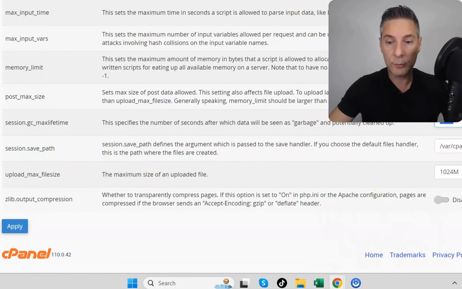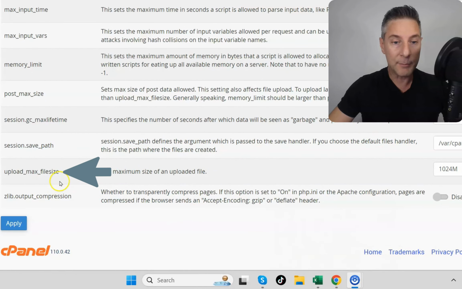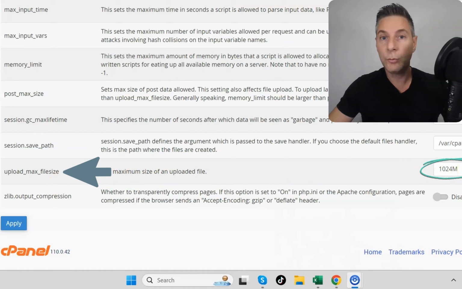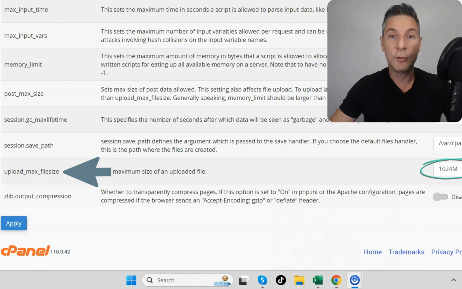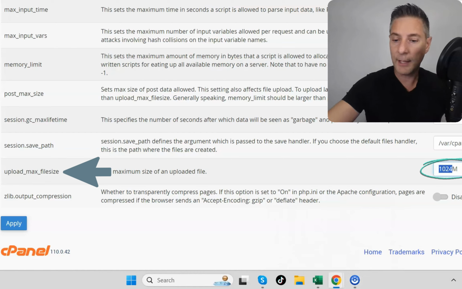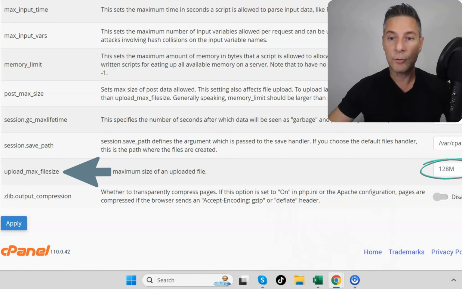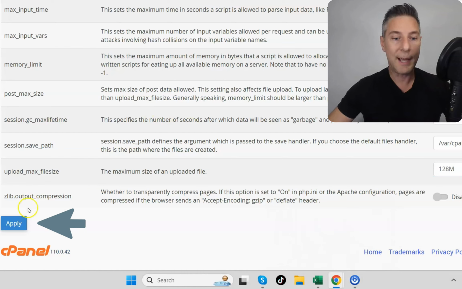One more thing you have to change is the upload max file size, because this I have seen to be like 2 megabytes, which is very low, and you can't upload files bigger than 2 megabytes. So you can come here and increase it. Also, this is too big. I can leave it at 128, and then this is a good setup for me, and then you click Apply,